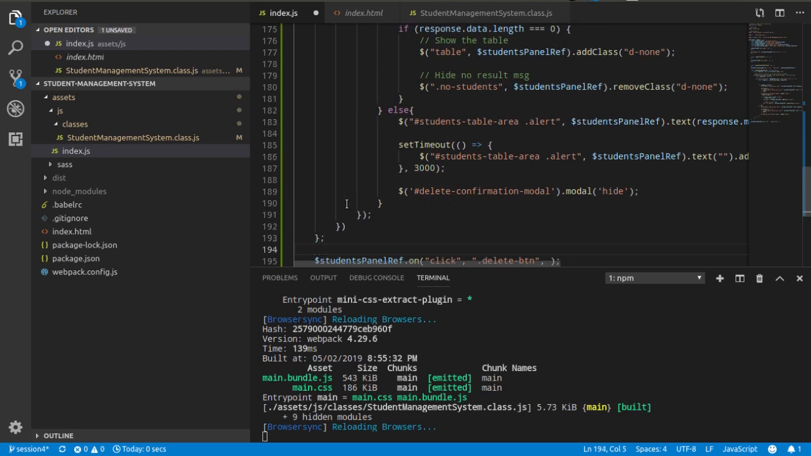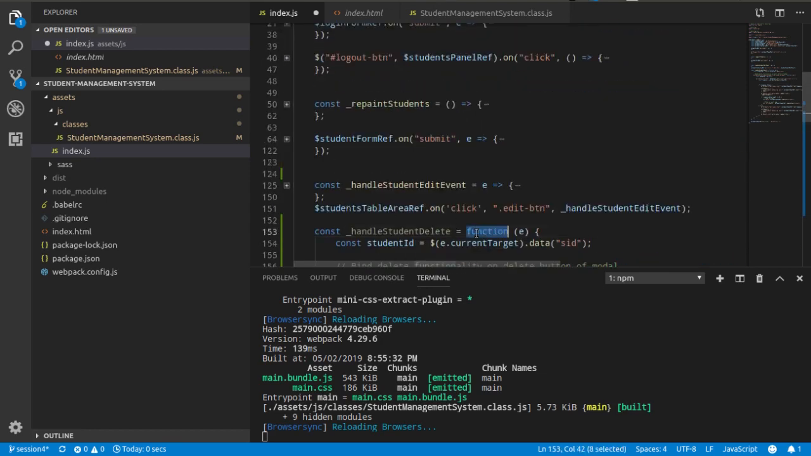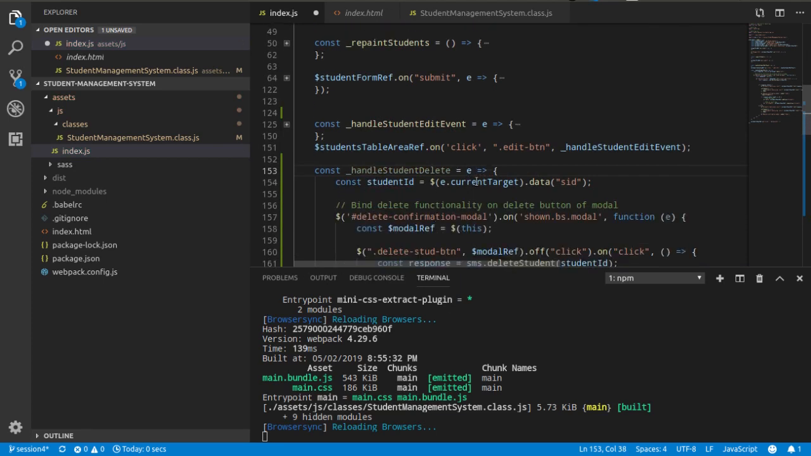Okay, so this is created here. Let me delete this. Okay, so we are using a fat arrow function. What we have done is, in the same way as we did in the edit one, we are fetching the SID, meaning the student's ID. Now we will show a modal that